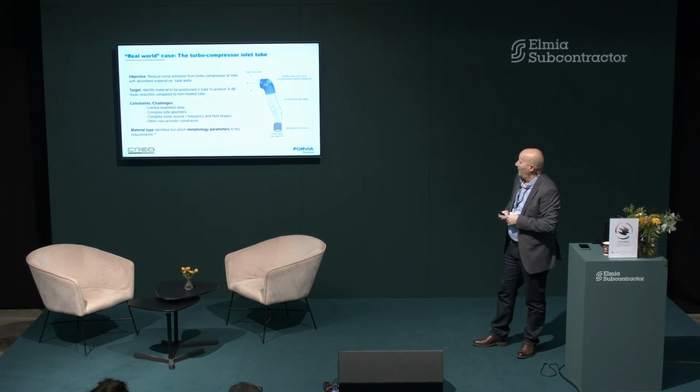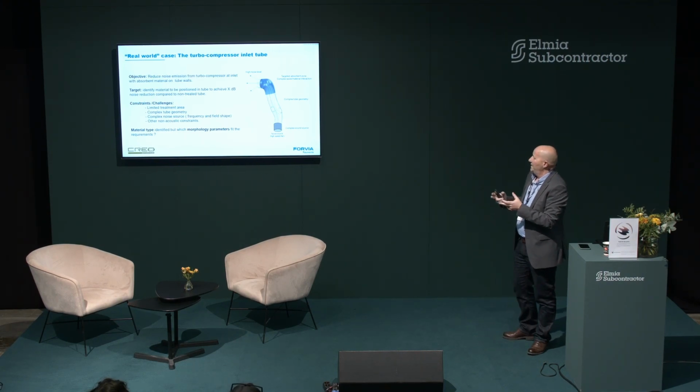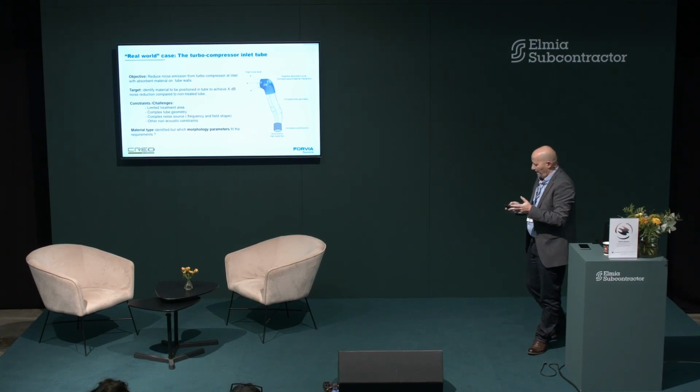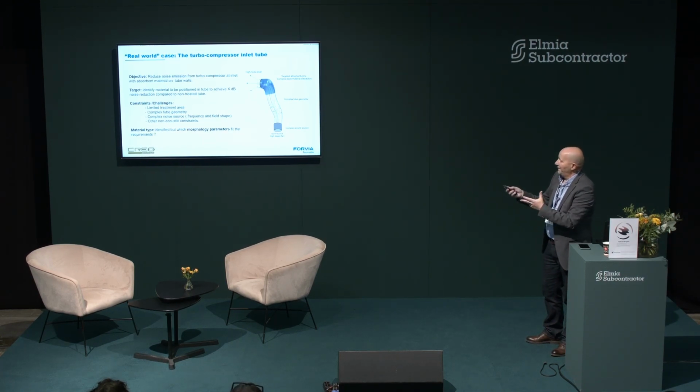and we had the question, how do we reduce this noise by X dB? That was a very quantitative requirement, and the idea was to put absorbent material on the tube, and the question was, considering this noise source, what is the type of material, what is the thickness we need to use to get this noise reduction on the outside. So the way we worked through this problem was to start with different material types. You always start from some hypothesis, but then we had to set the material parameters with precision to get the